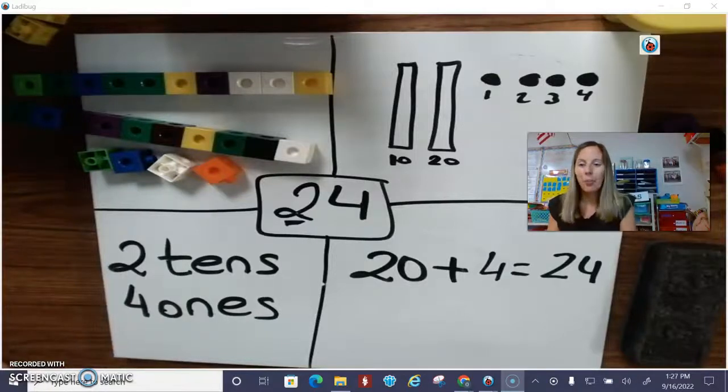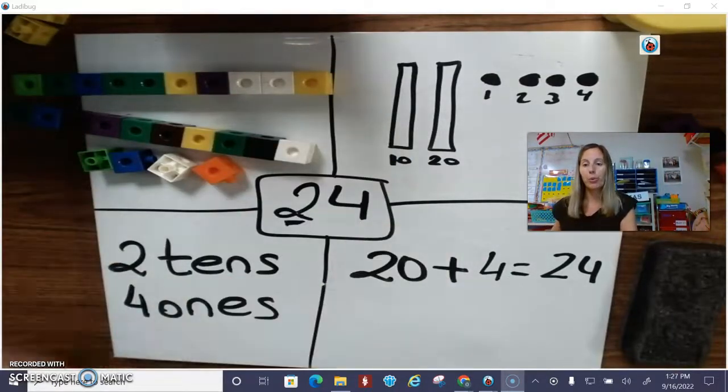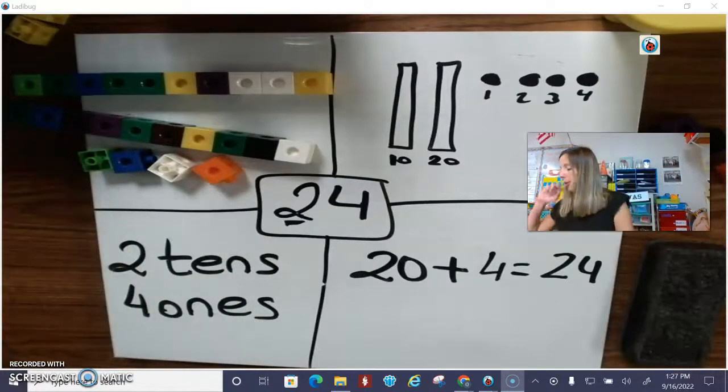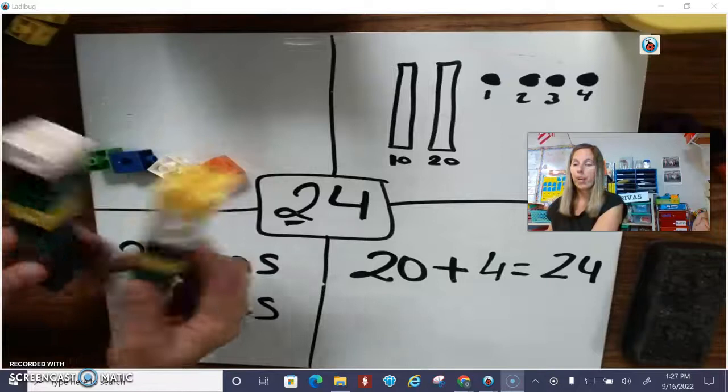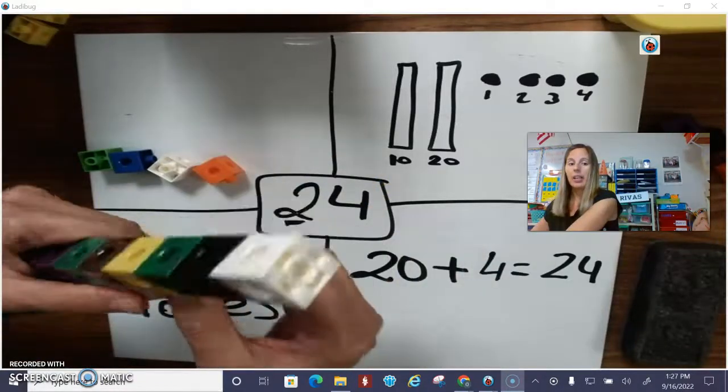Okay, so this is the second part of the video, and if you remember, we were talking about the different ways you can represent a number. The purpose of this is for students to see and understand a number in a really deep way, so for them to understand the value of each digit within a number. As I told you before, I love these guys over here because the students can actually put them together